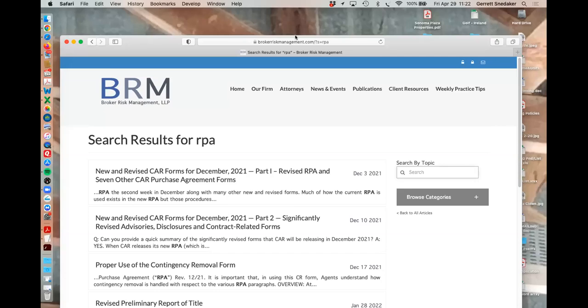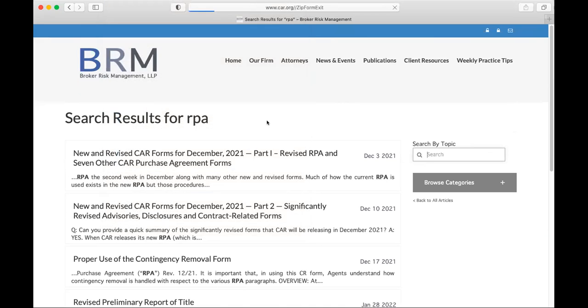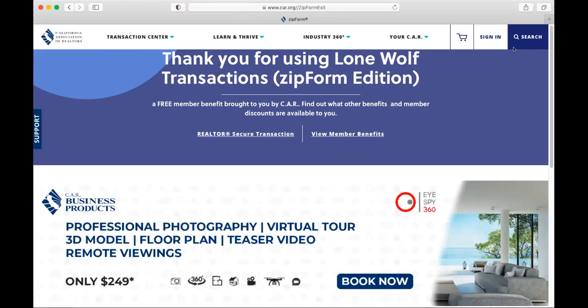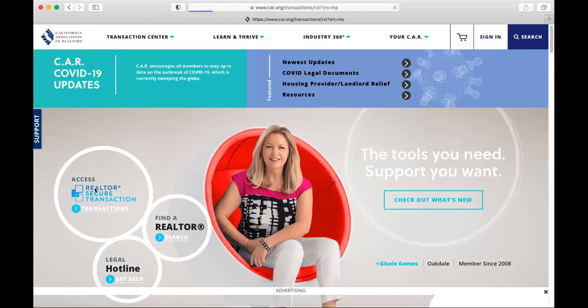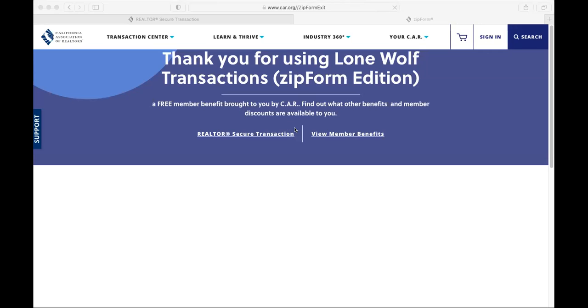And if you recall, let's see if I can get back to Zip Forms here. No. Anyway, we'll start here, the local forms and again in Zip Forms. I just log on here. Oh, while this is loading,